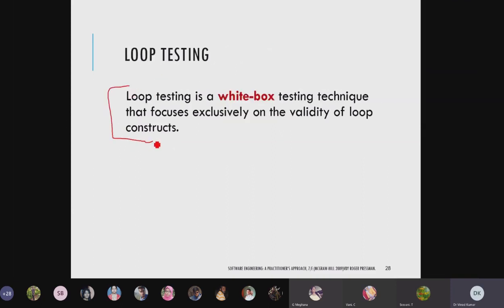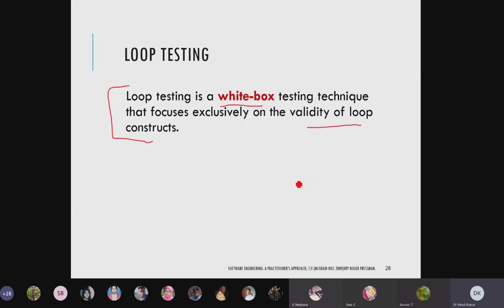It is very compulsory to check the loop constructs, and loop testing is white box testing, because from outside you can't see the loop. You have to go into the internal part of the program, then you will be able to access it. That's why it comes under the white box testing technique, and it focuses exclusively on the validity of the loop.